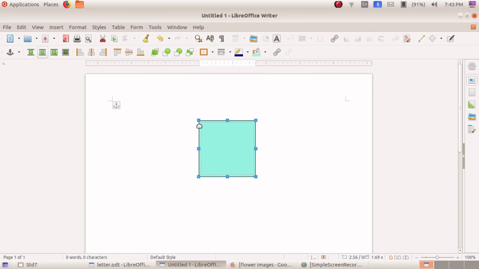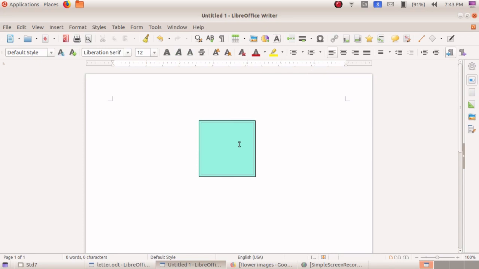Next, I want to type something inside my frame. I already told you how to type a sentence inside the frame. First click one time outside. After that, click inside the frame. You are able to type. This time I am changing the size. I am applying italic style.